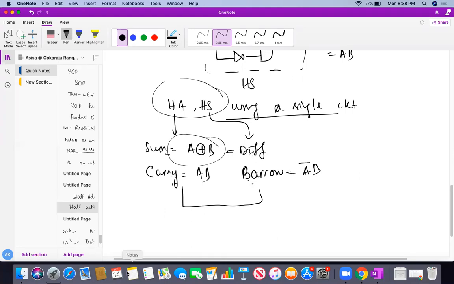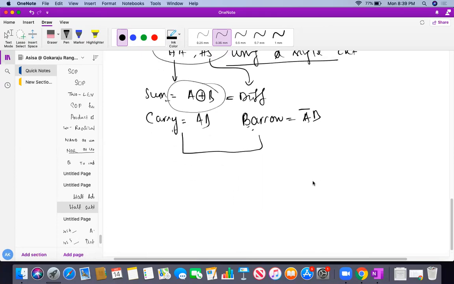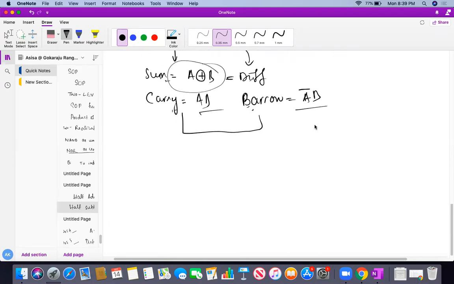So see here what I am doing actually. What is the single circuit which performs both half adder and half subtractor? If I am able to get from one circuit both AB and A bar B, then with the help of some control logic we can design a single circuit for half adder and half subtractor. This is the thing which you have not studied in digital electronics, students. Please see here what I am doing.